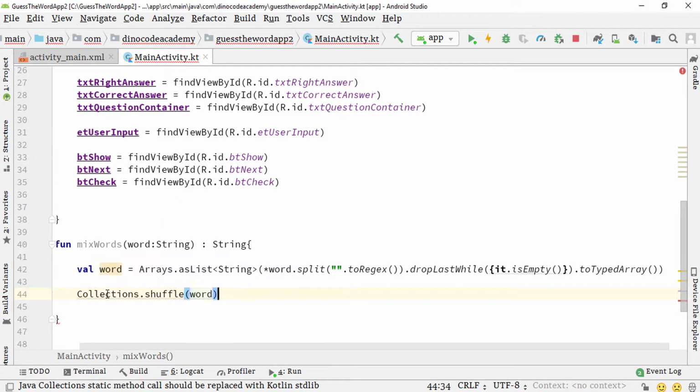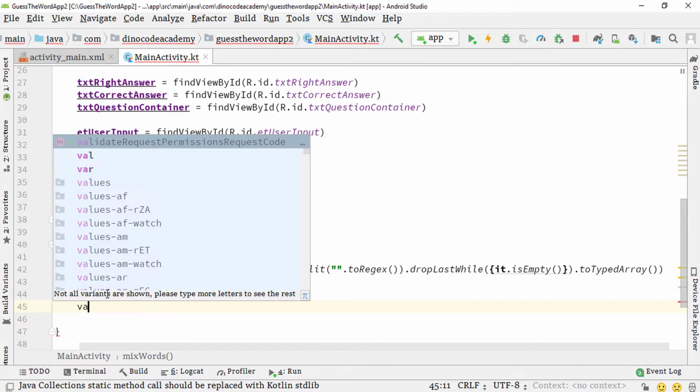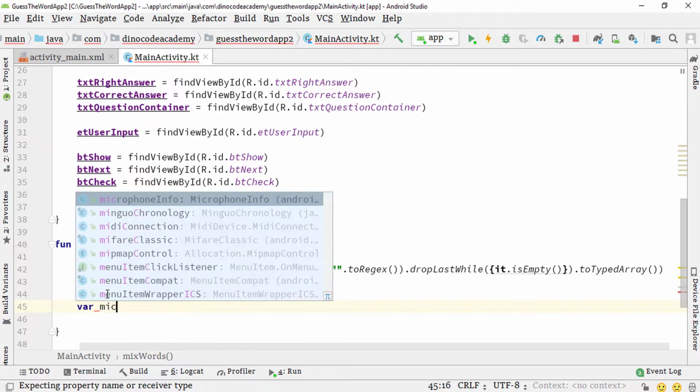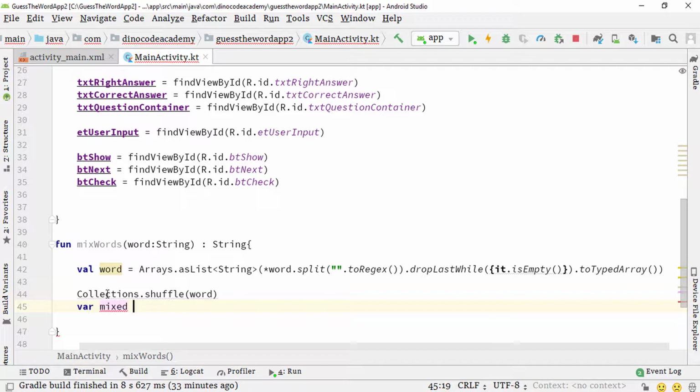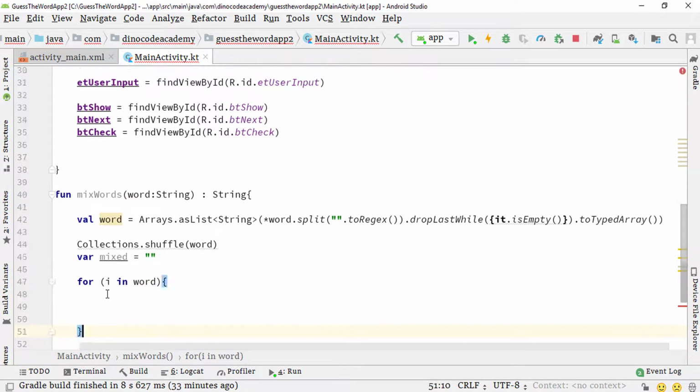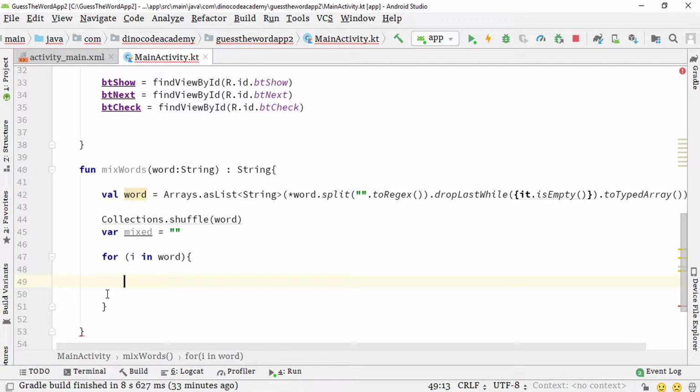Hit the tab key, and then again press the enter key, and then type a var this time. Then type mixed, the variable name that you want to give. You can name it whatever you want. Then equals to double quotes. Then after that I'm going to use a for each loop, and press i key, then in keyword. Then after that I'm going to use word, then opening and closing braces of the for loop, and inside of this just type here mixed plus equals to i,